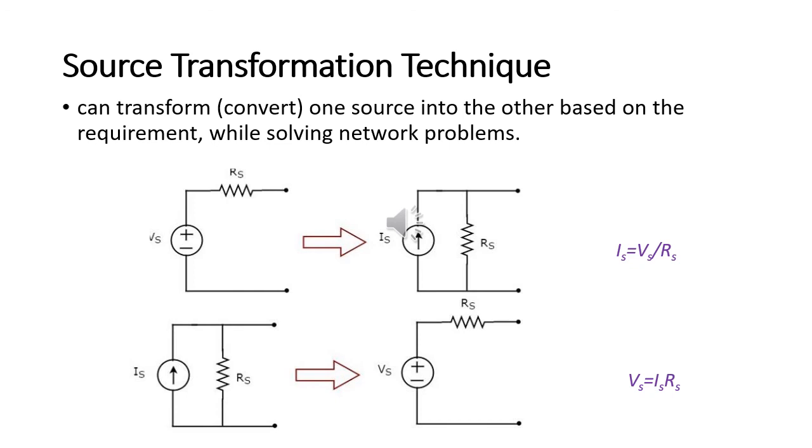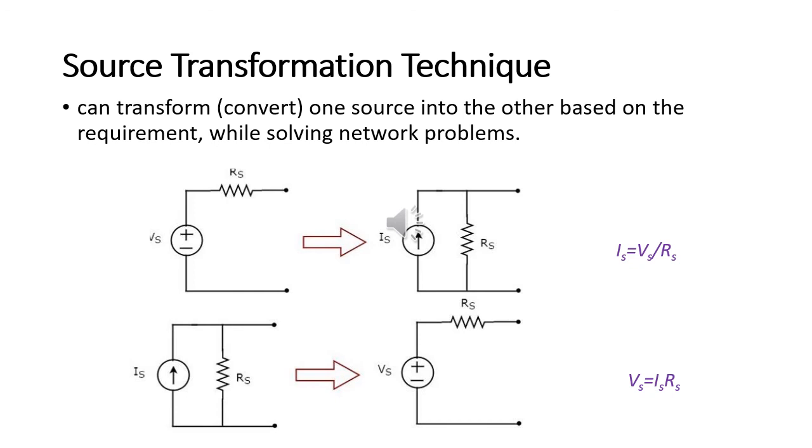You can convert this into a current source. What you have to do is find the current which can be produced by this kind of source by shorting the terminals. That current will then be Vs by Rs. You put that as the source on the right side, and the Rs value, that is the series resistance of the voltage source, you put as a shunt in the current source. So you can see the voltage source is transformed to an equivalent current source. The Is value will be Vs by Rs.